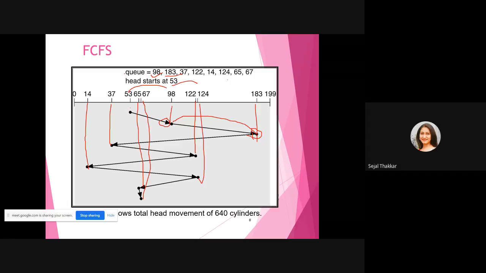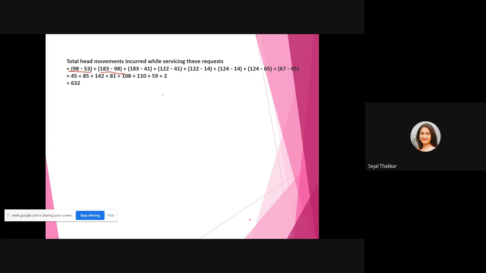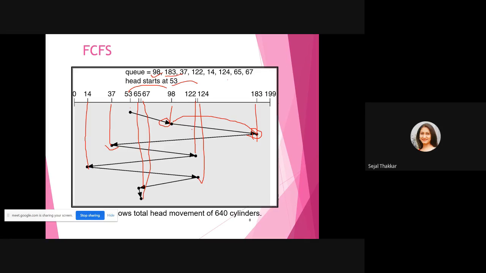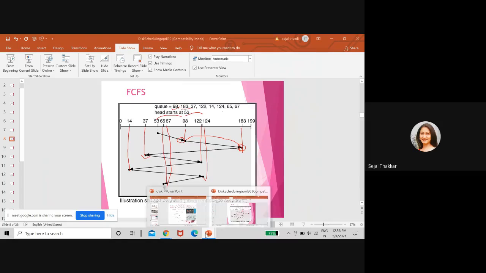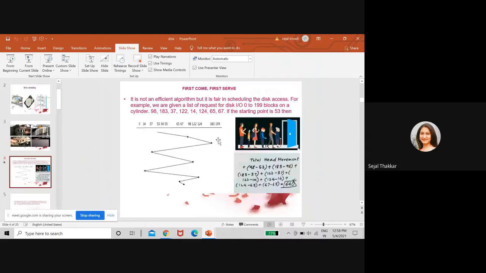Then the third arrow you need to find. This is the third arrow where you have to subtract 183 minus 37. Maybe I have taken the answer of some other example. It is here only. I'll show you here. See here.